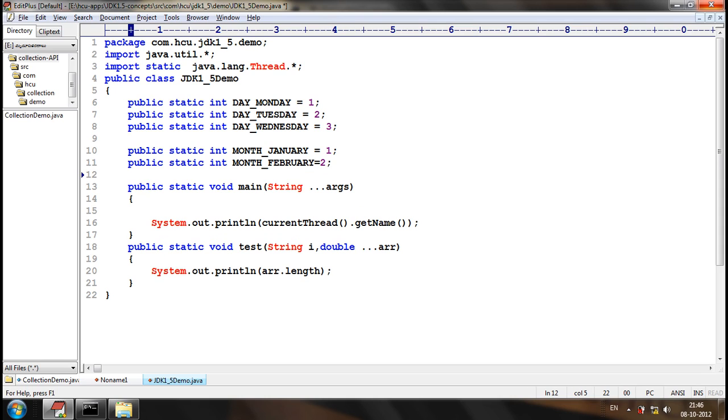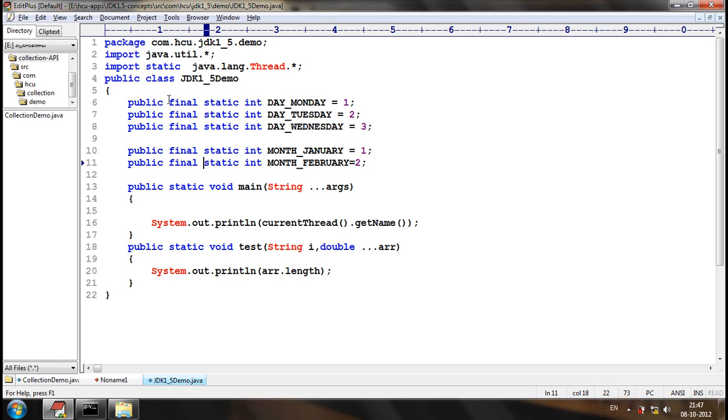I have some final static constants. To represent constants, we use final static attributes, which we have discussed already.